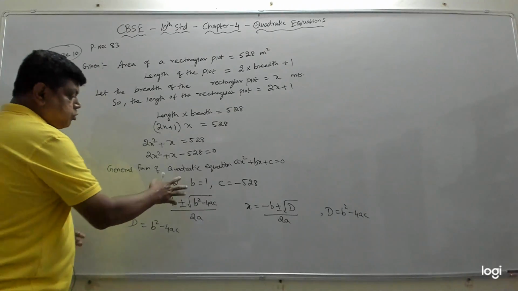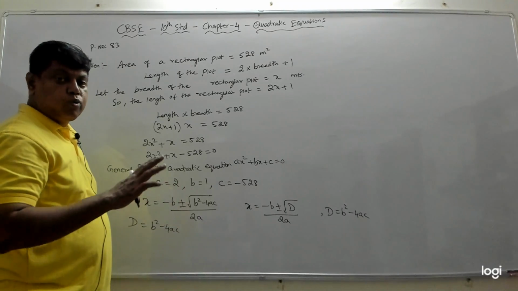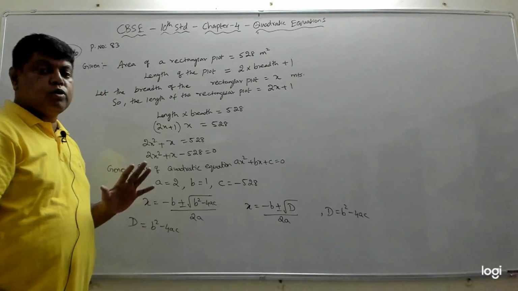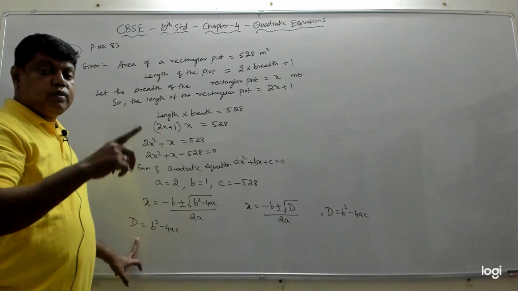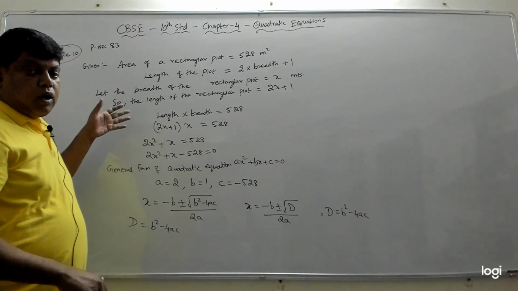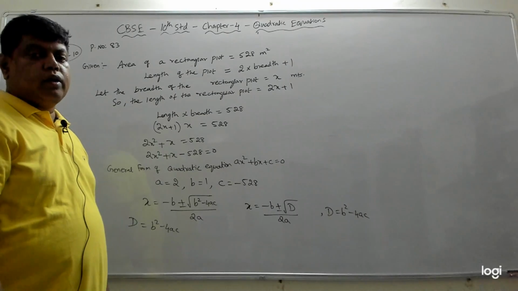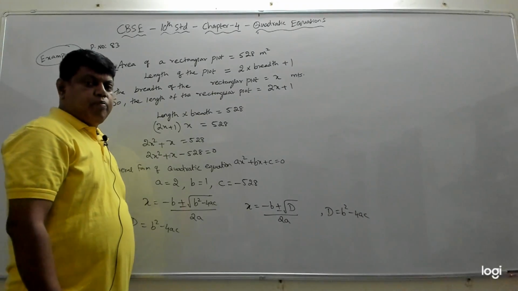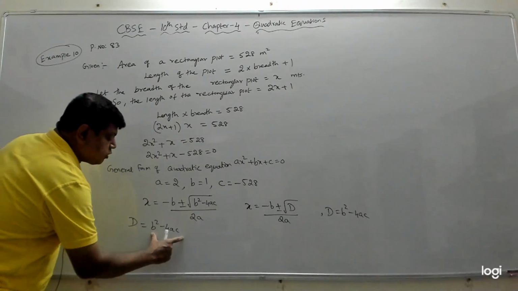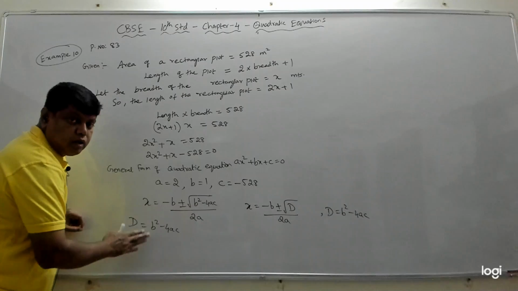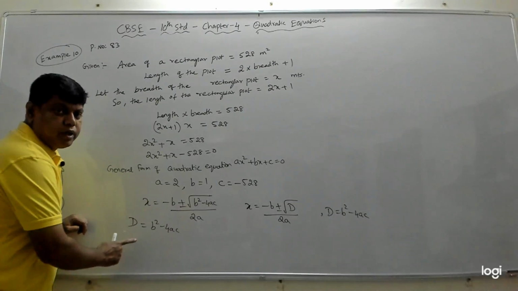So now before we substitute these values in this formula and try to find x, we should make sure that the roots exist, which means we should make sure that the value of D is either positive, greater than 0, or equal to 0. Because if it is less than 0, as I was telling you, there are no real roots, which means there is no real solution to that quadratic equation. So now let's find the value of b square minus 4ac. Based on that only, we will decide: if there are real roots, we will proceed and find them. If not, we will stop the problem. If this becomes negative, then we will stop the problem.